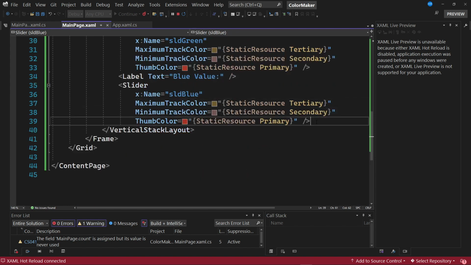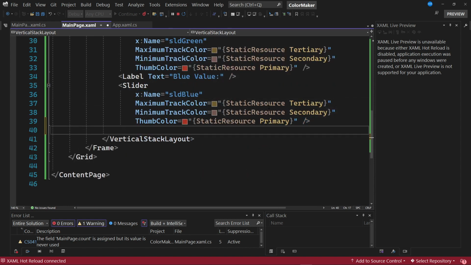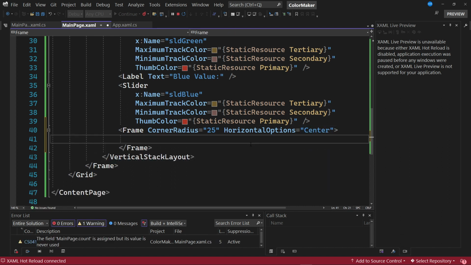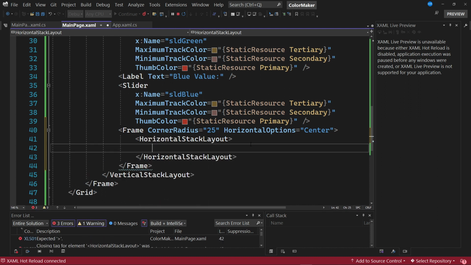We're going to place ourselves inside the vertical stack layout, and after this slider element, we're going to proceed to indicate that we want a Frame control. We're going to place a corner radius equal to 25 so that it has a rounding in the corners. Let's set the horizontal options equal to center. And as we are going to locate the element that is going to show us the hexadecimal value next to an image button, we will use a horizontal stack layout, and inside let's place a label control,